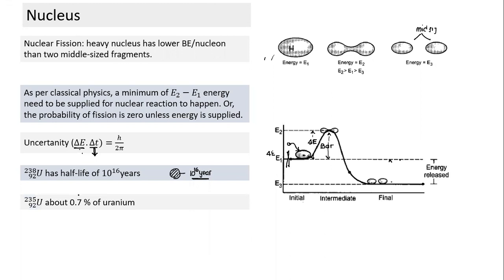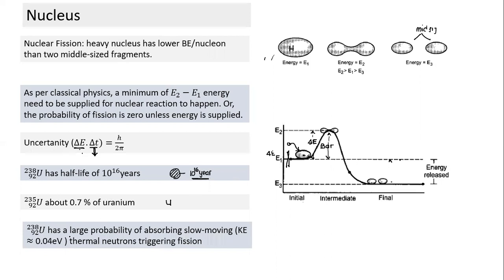And that's the reason in nature both isotopes exist. Which are the two isotopes? 238 and 235. The one which has the shorter half-life will have a very small fraction. So when we take any uranium sample in nature, this will constitute only 0.7%, and the remaining is the other. This one has a half-life of 10 to the power 16 years. And whenever nuclear decay takes place, it leads to release of energy.